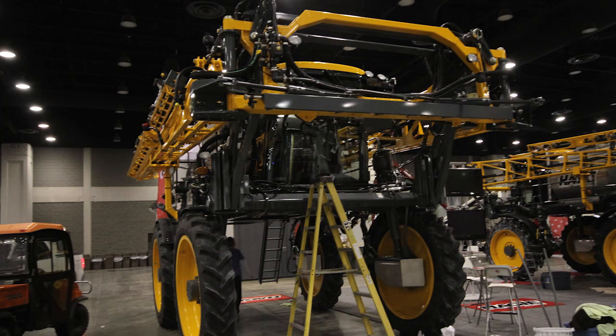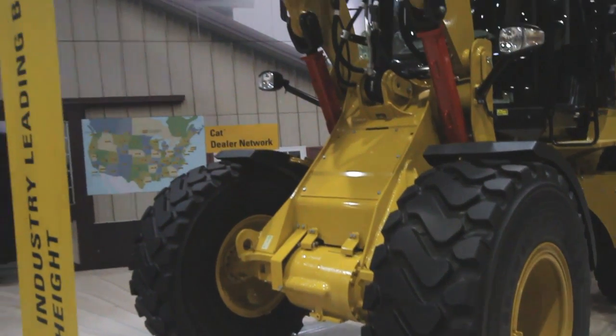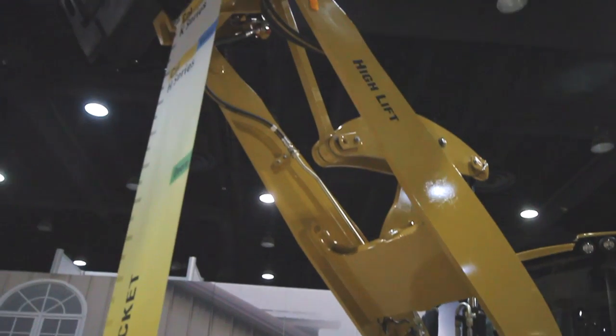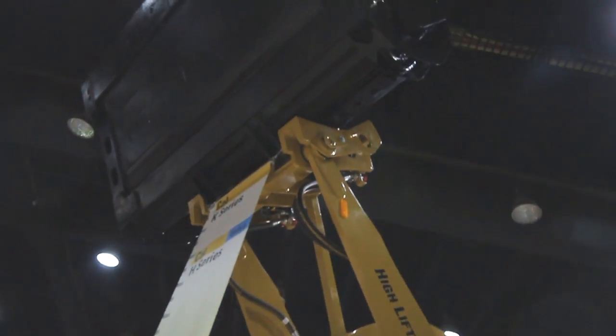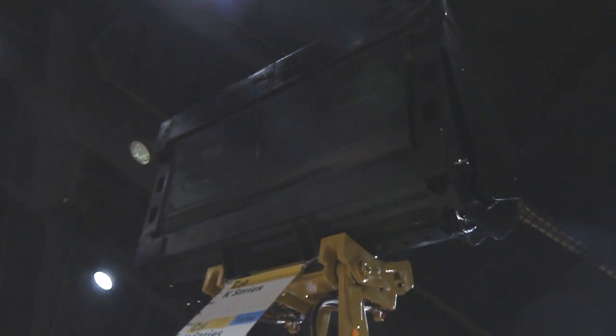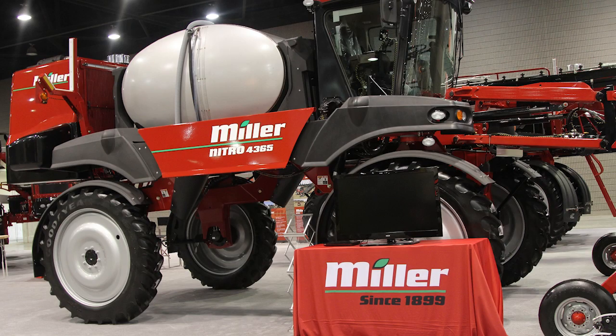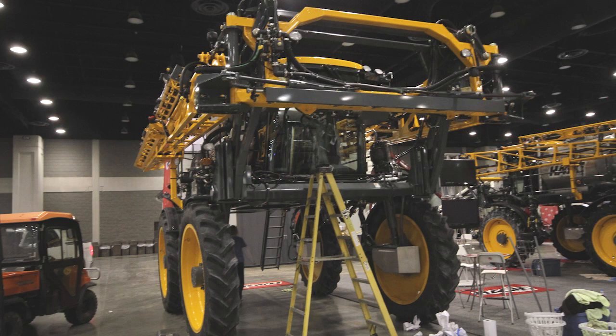One of the general trends that we're seeing is that the equipment shown so far is more evolutionary than revolutionary. It's just a lot more of the same in terms of bigger, higher technology, more GPS based. We're going to see some bigger tires, bigger tractors. We have a couple of new press launches scheduled for tomorrow, and so we expect to see a new corn head. And we are going to be covering all of these trends and the hottest new products all during